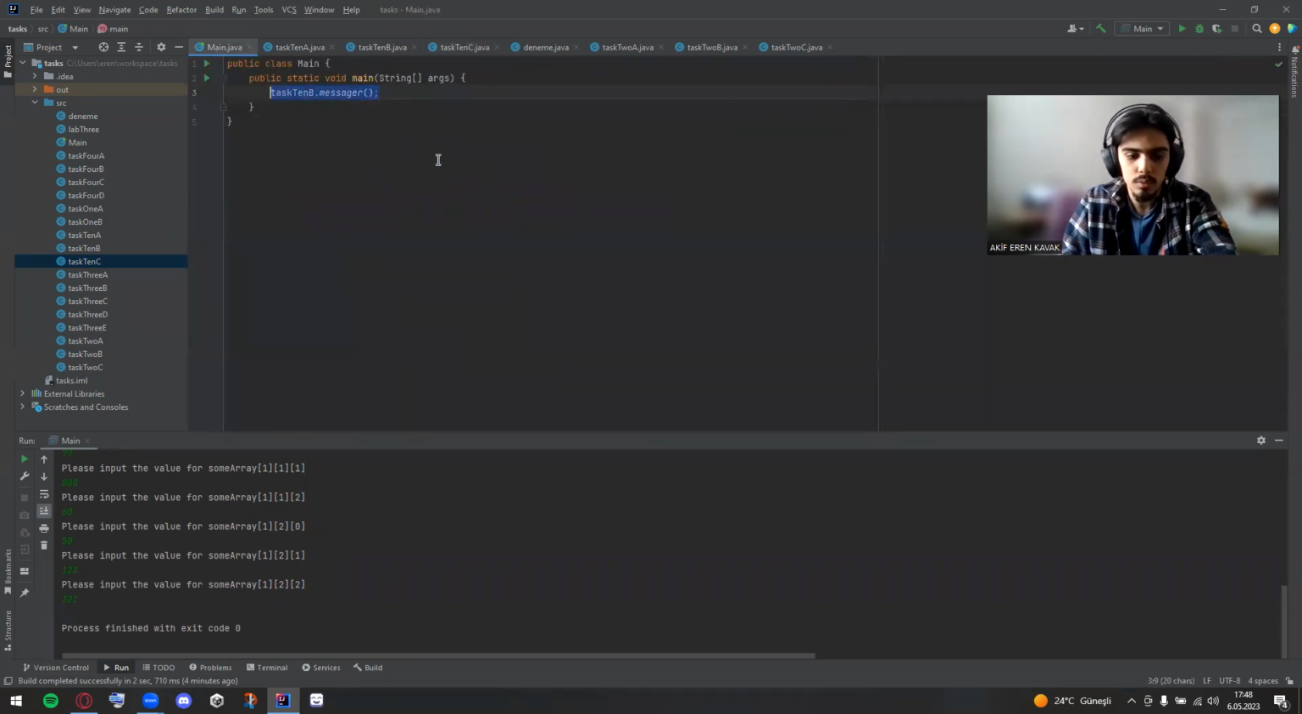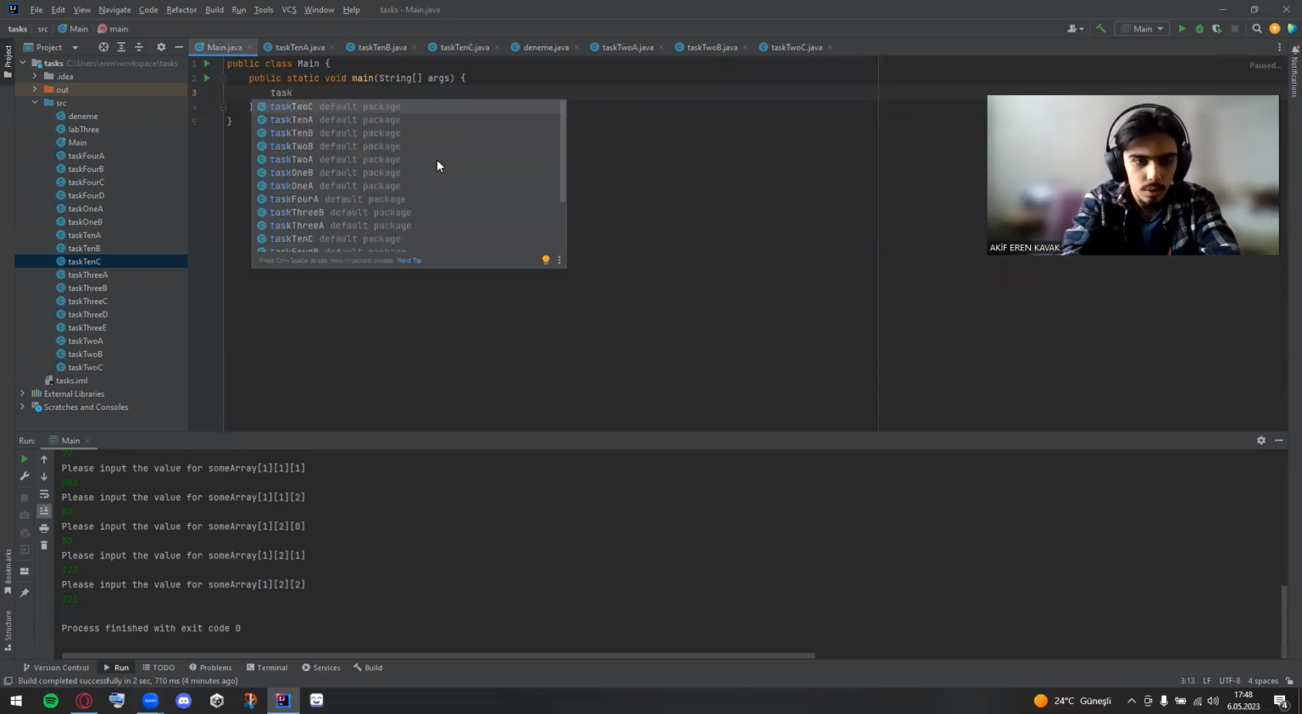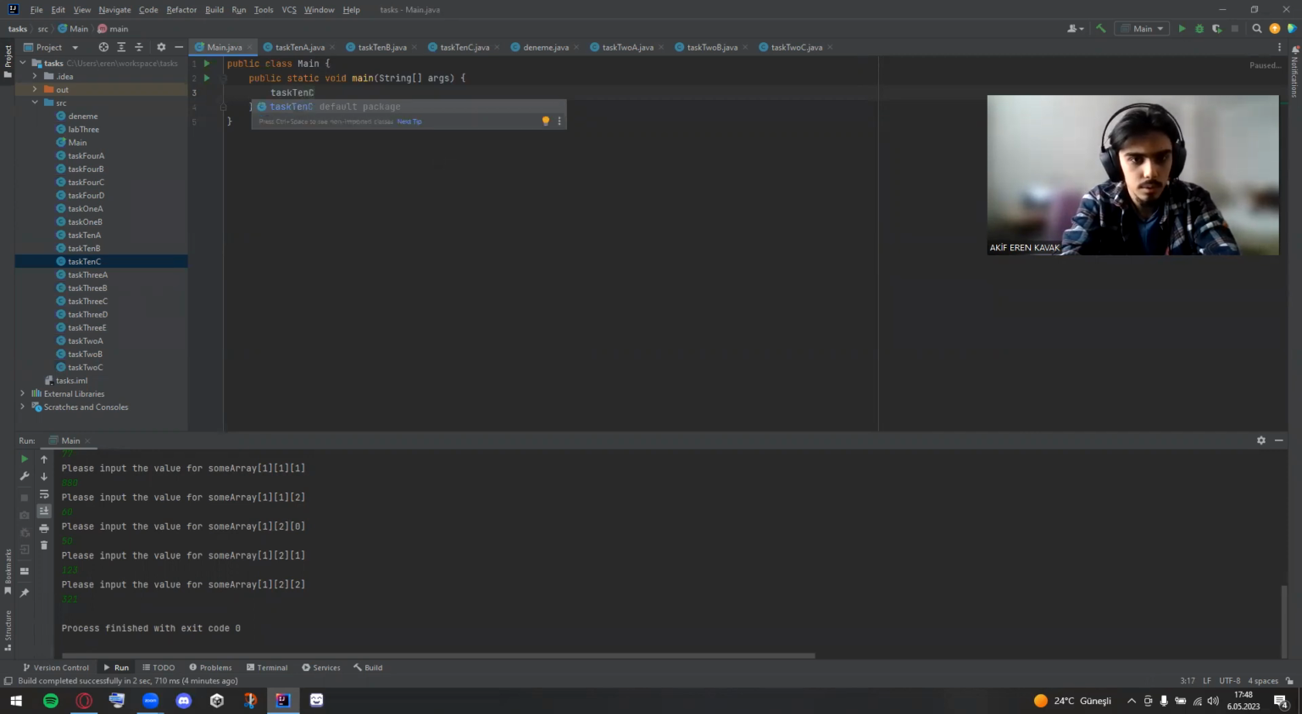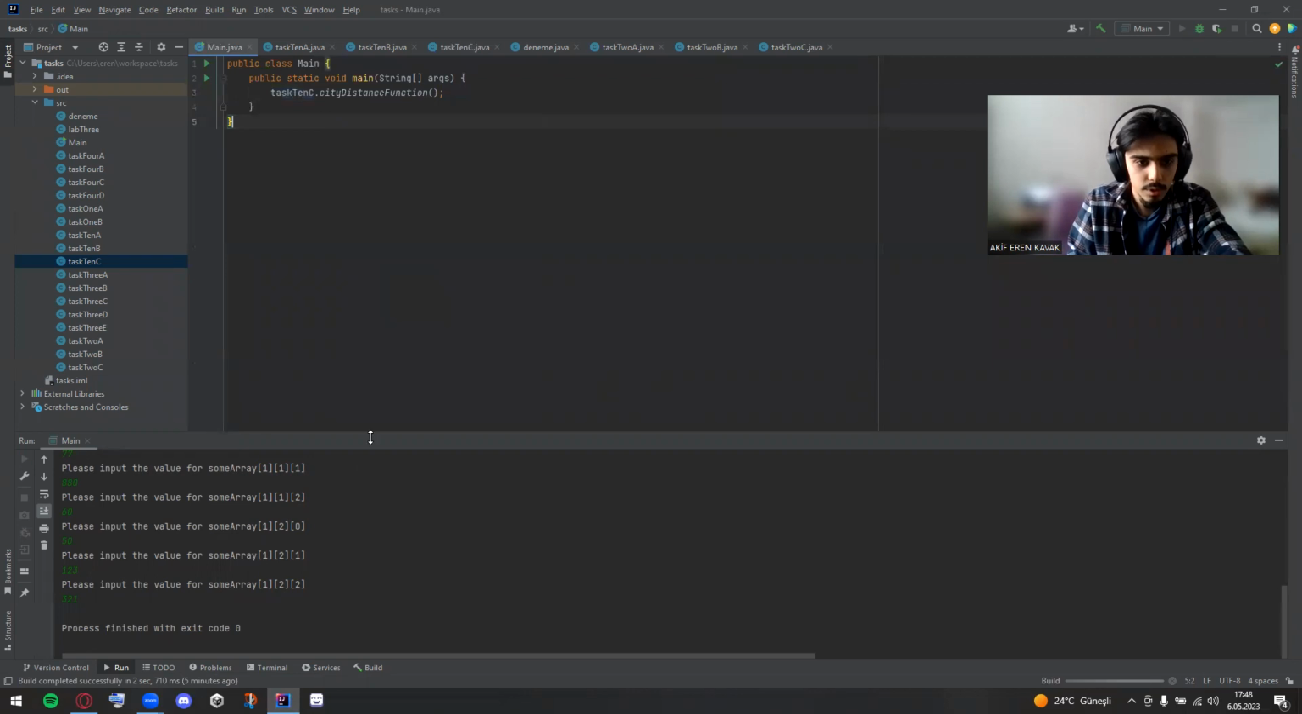Let me run this code. First, I will write the name of the class, which is Task 10 C. Then I will put a dot and write the name of the function that I wrote before. Task 10 C is the distance function. And when I run this one,